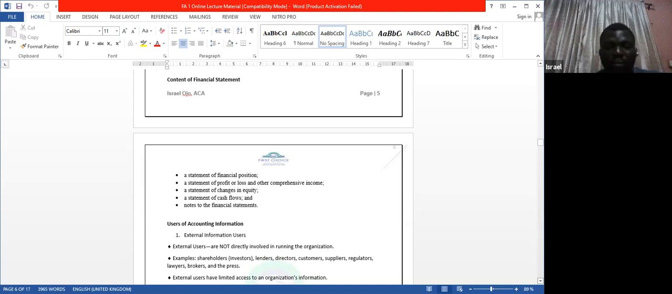Now, the content of financial statements basically means, if you look at your financial statements, what are the things that you're going to see there? On that note, the first one is the statement of financial position. The statement of financial position is the statement that comprises your assets and your equity, right? Now, the statement of financial